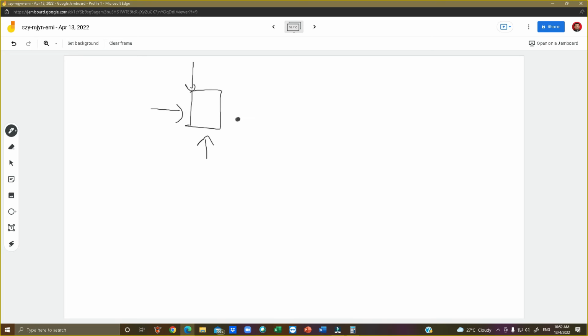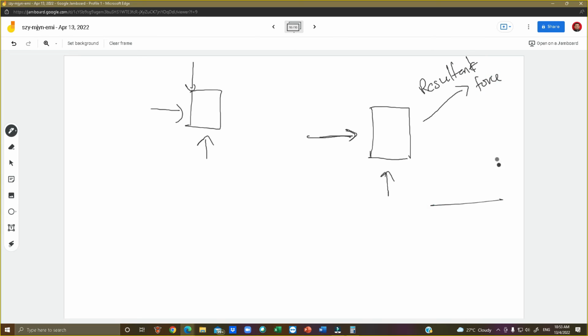Okay, but the thing that you say is quite common, if we have an object like this and we push like this, but it moves this way. Why does it move like that? It means the force we gave comes from here and from here. There are two directions of force. So we get what is known as the resultant force. This follows the Pythagorean theorem. Okay, why is it like this?